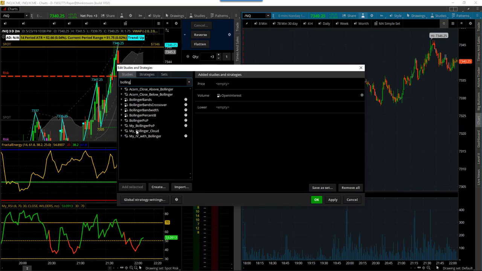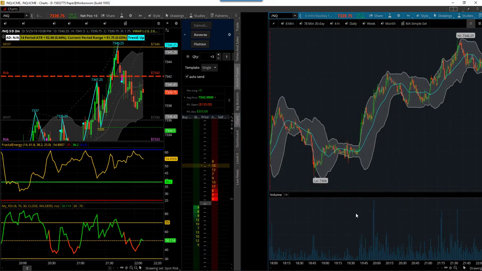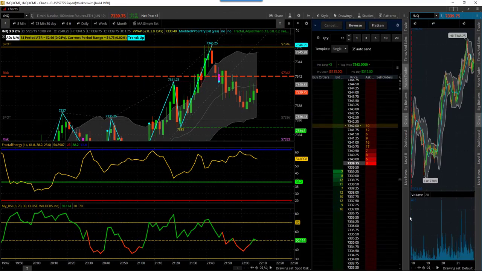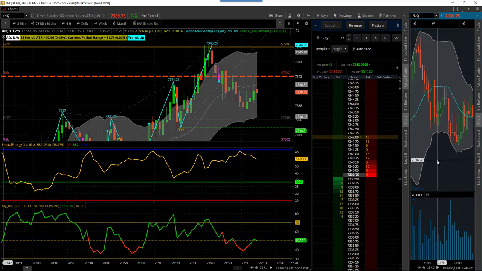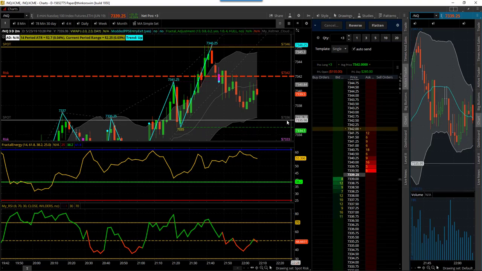That way you guys can see what I see and what I've been watching for on that other chart. And it might help you understand why I'm still in the trade, although